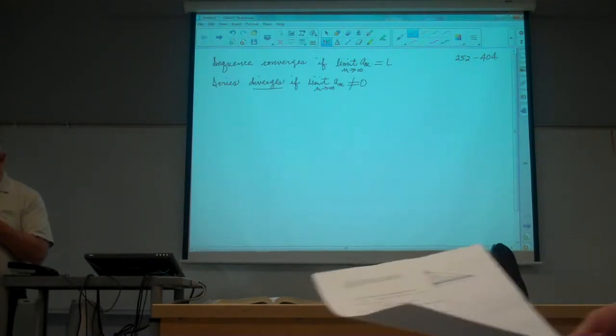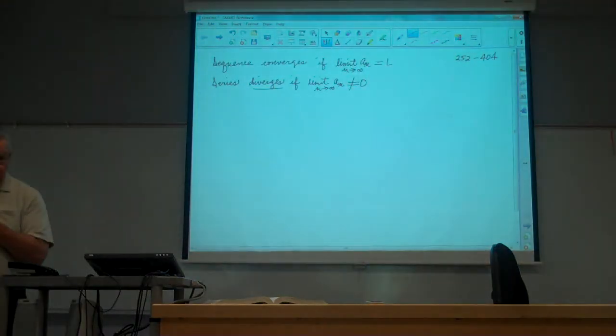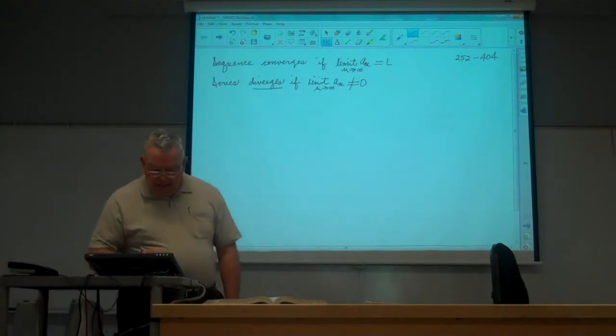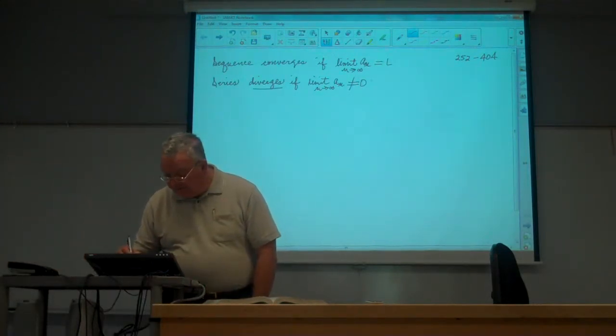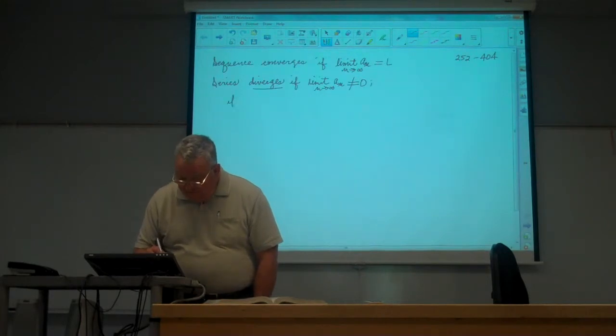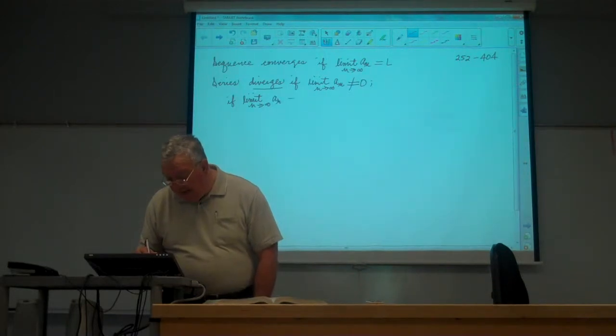If it's not 0, you just stop right there and say it diverges because the limit of the nth term is not equal to 0. That's huge, right? Okay? If the limit as n approaches infinity of a sub n is 0, then it